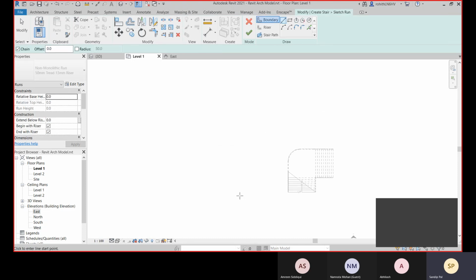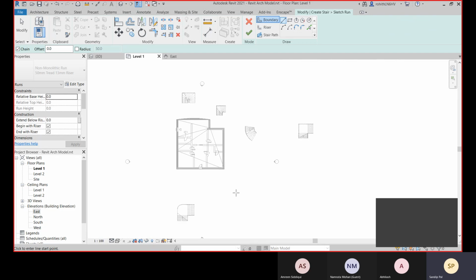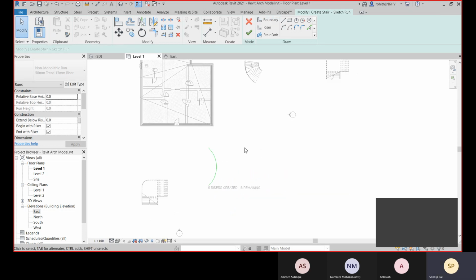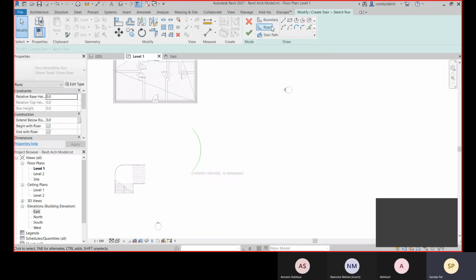Again go with this sketch option, and let's define the boundary this way. Okay, and let's go with this 5000.